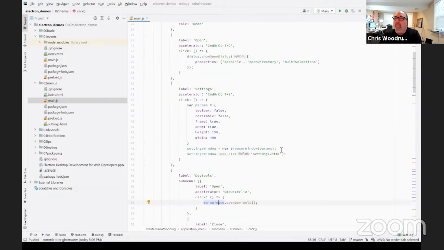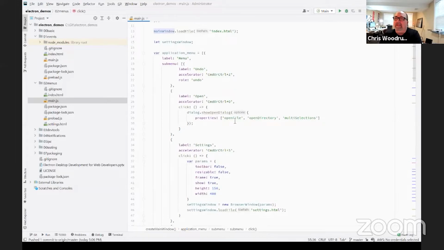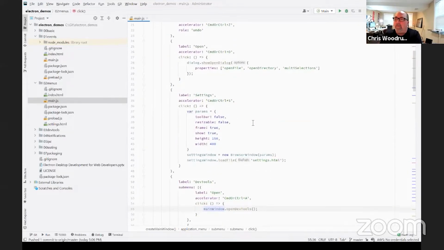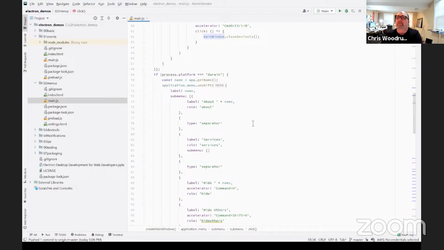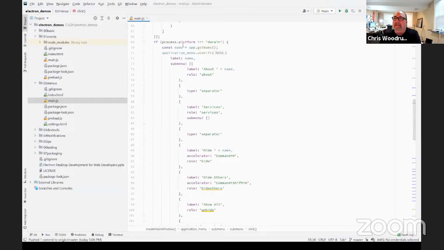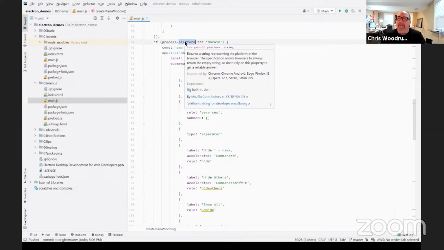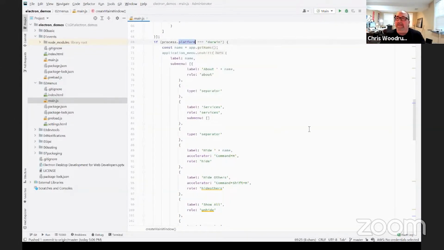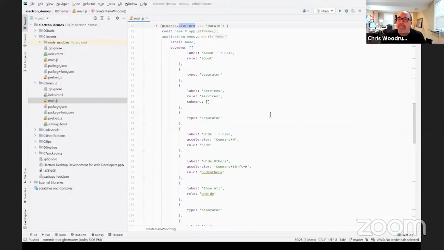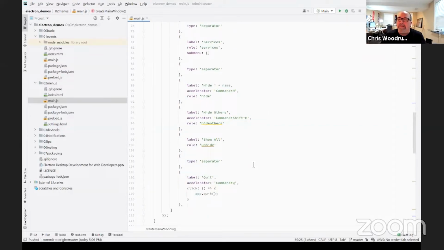Now, this menu is what will be used for Windows and Linux, but because we all know on Mac OS, the menu system can be different and usually is a different menu system. You can set that up in an entirely different way by checking if the process of the application that you're running on is Mac OS, then it will fall down to this configuration for your menu and run this and show this.